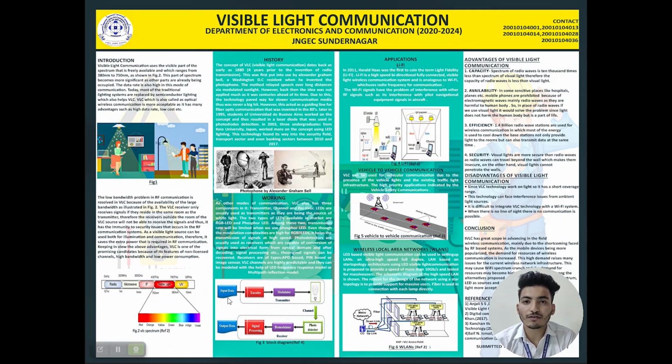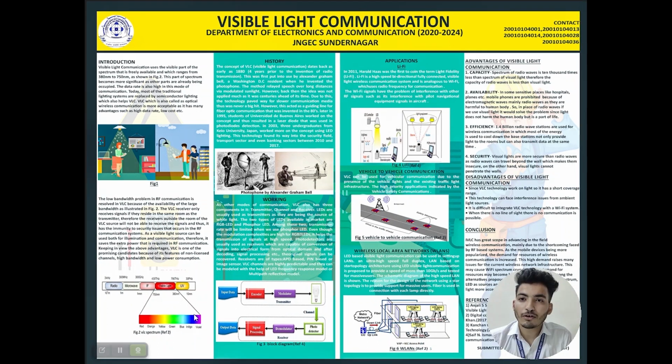From the figure, we can see the block diagram of VLC, which includes an encoder, modulator, channel, photodetector, demodulator, and a signal processing unit. The encoder converts the binary data, that is in the form of zeros and ones, into signals for modulation. Then the second block, that is the modulator, superposes low frequency signals onto high frequency for the purpose of wireless communication.